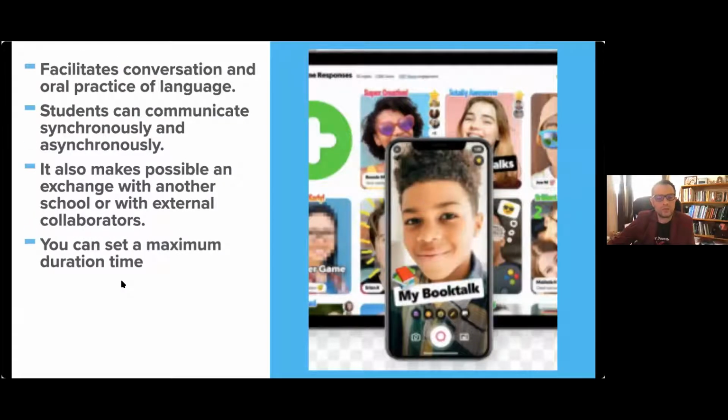Okay, another feature that is pretty good in Flipgrid is that you can set a maximum duration time. For example, when we are setting up the grid, we can set the duration time of the video to 2 minutes, 1 minute and a half, 5 minutes, 10 minutes, up to 20 minutes. I guess that depends on how you want to use it, on the strategy,